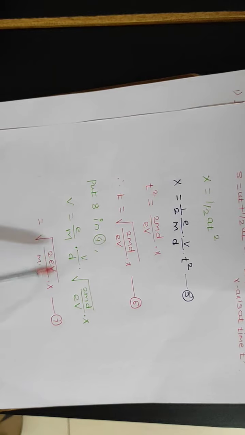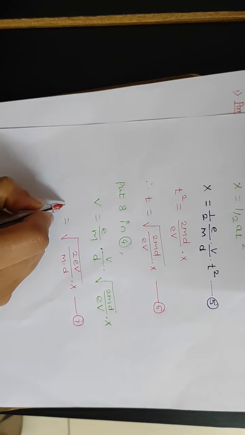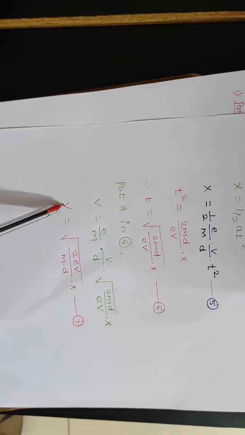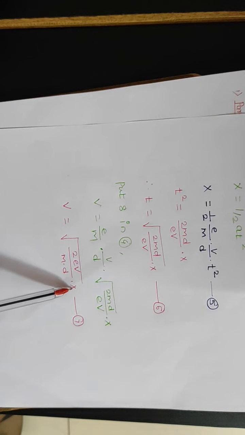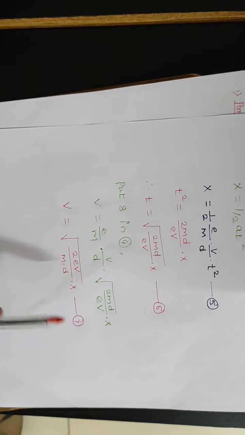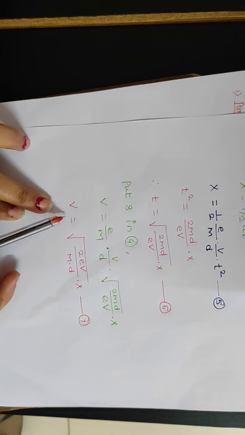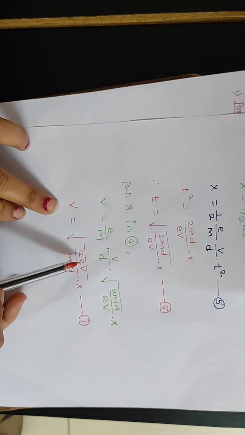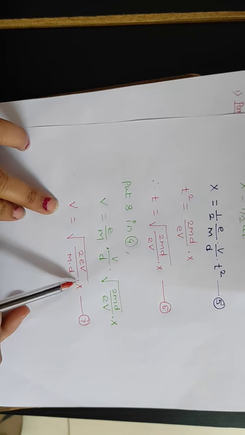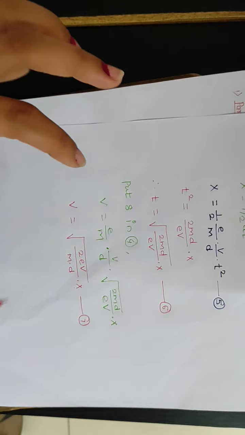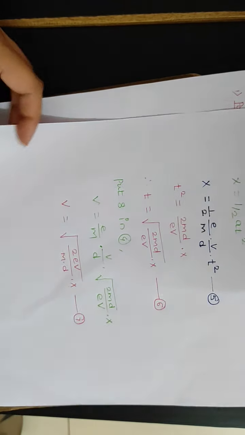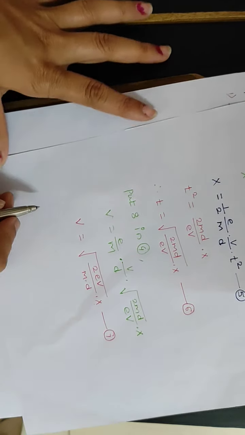So from this equation we can say that the velocity of the electron is directly proportional to the square root of displacement along x-axis at any given time t. Okay, understood? So from this equation we can say that the velocity of the electron is directly proportional to the displacement of the electron along the x-axis at time t. Okay. After that, the impact velocity.